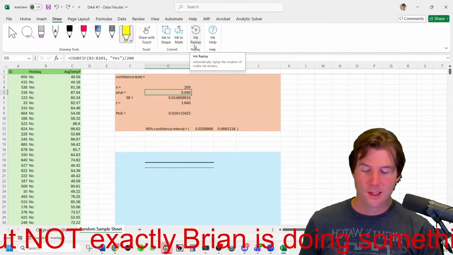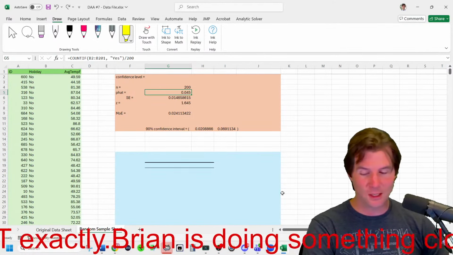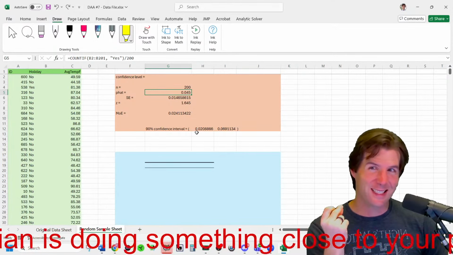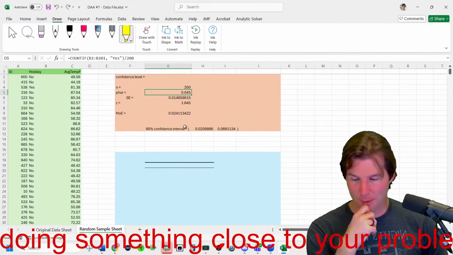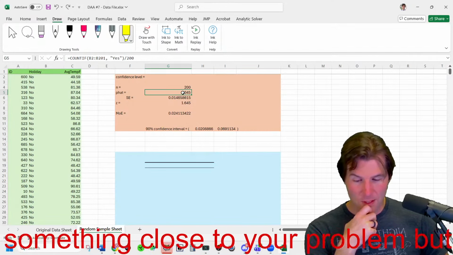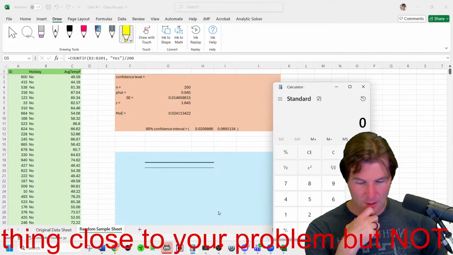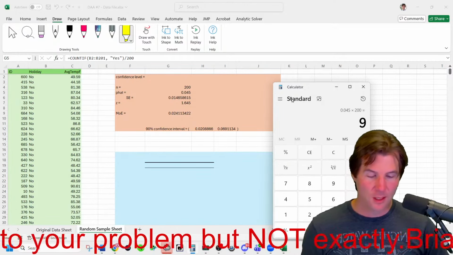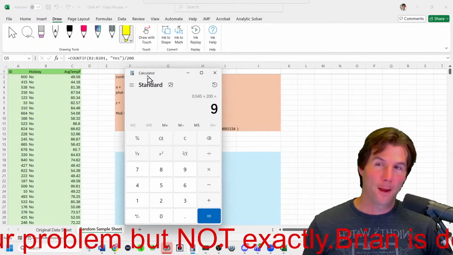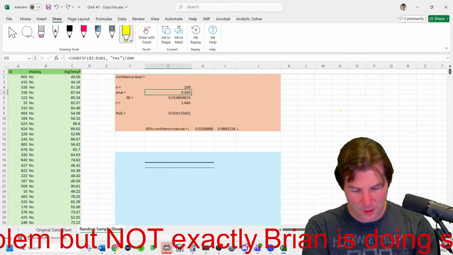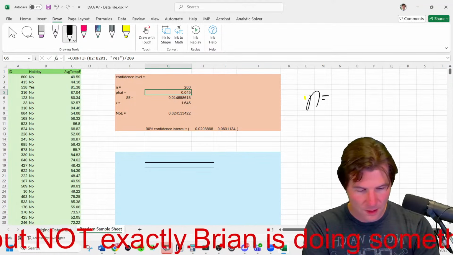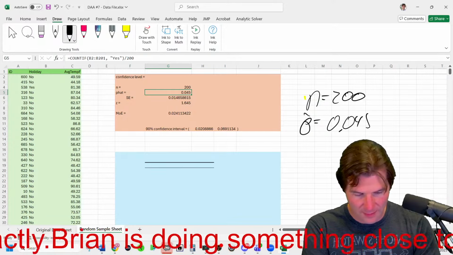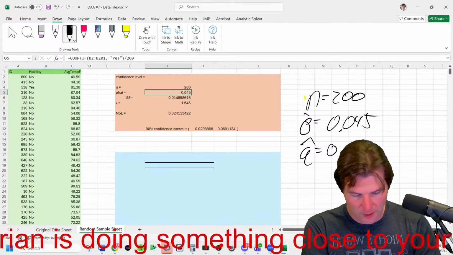I'm not perfect. So we've interpreted the interval, we've checked the conditions, but for the third condition, we need at least 10 successes, at least 10 failures in the sample. Here's the thing though. Notice how this p hat is 0.045. So p hat is 0.045 times 200. We have 9 successes. I am not kidding that when you do n equals 200, p hat equals 0.045, q hat equals 1 minus p hat,